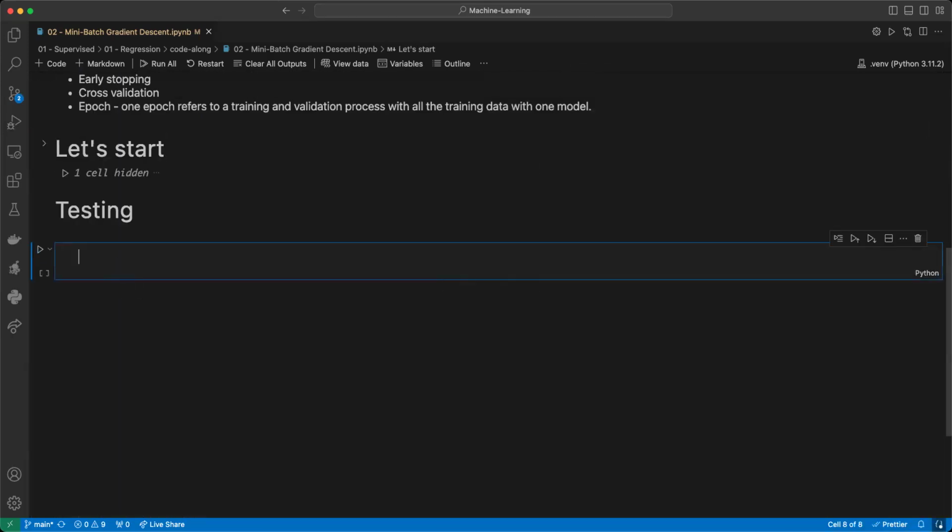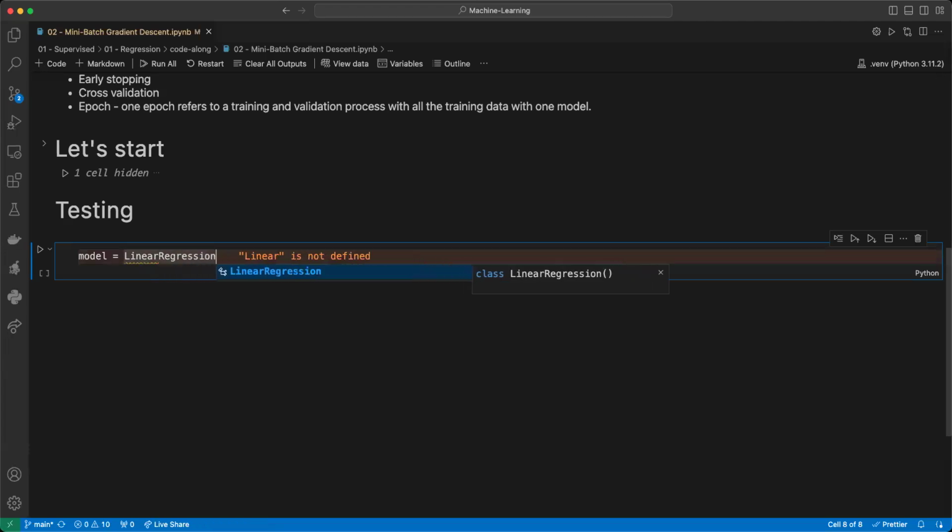Now I think it's time that we can try to test our data set on our data, right? So how do we use our class that we just defined? Well, it's actually very easy. We just say model equal to linear regression